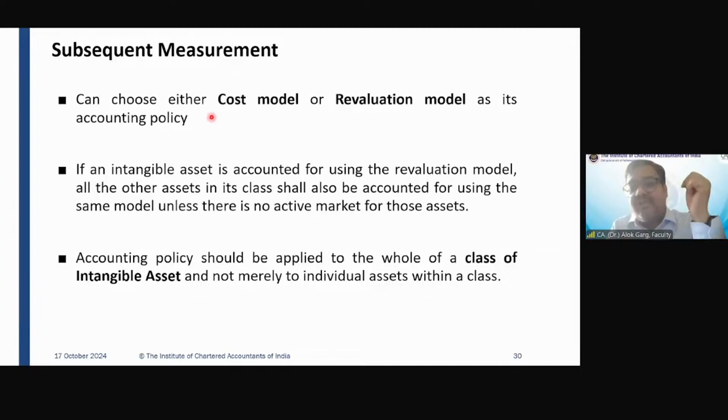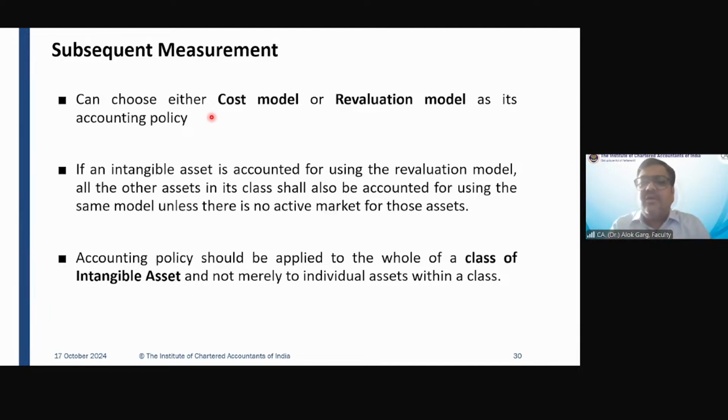In the next year, what have we done? We have reduced the value of amortization, right? We reduced the amortization to arrive at the carrying value. So 6900 minus 1150, we have arrived at 5750. Then we have charged an impairment loss of 750. Then we arrive at a carrying value of 5000, right?